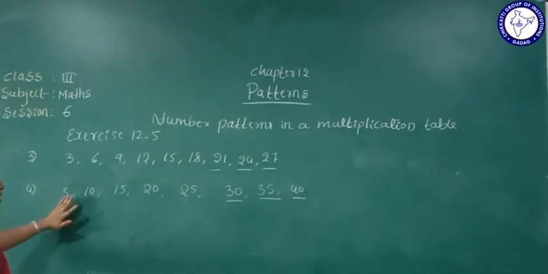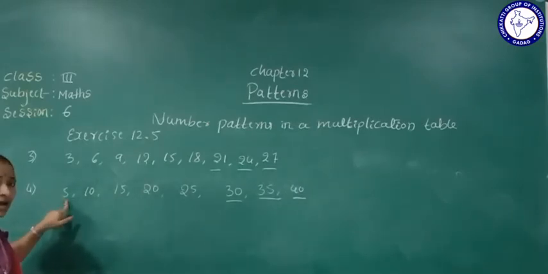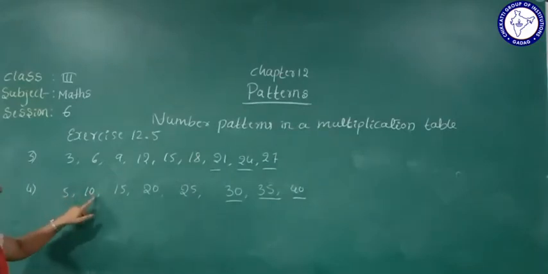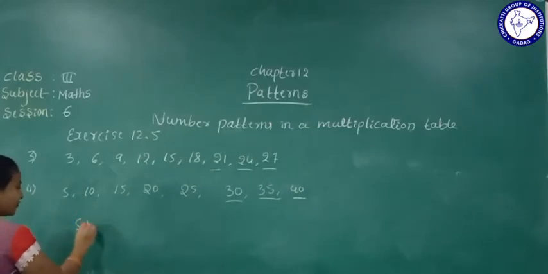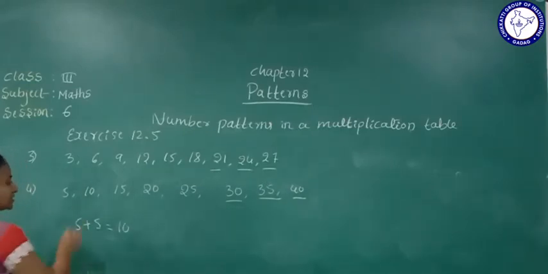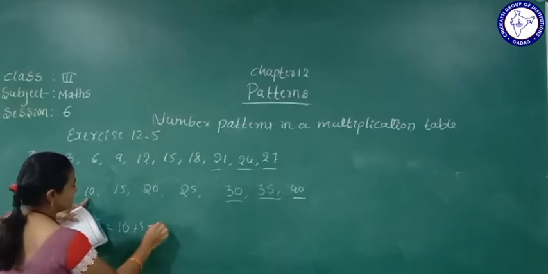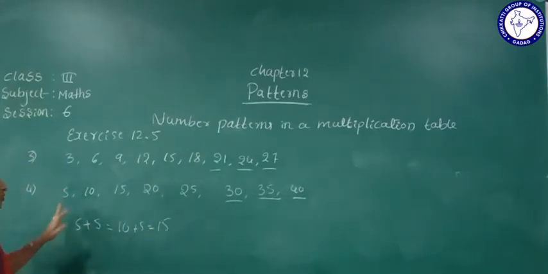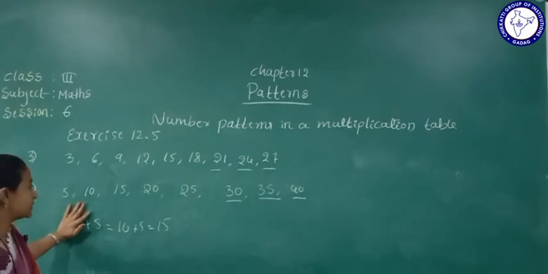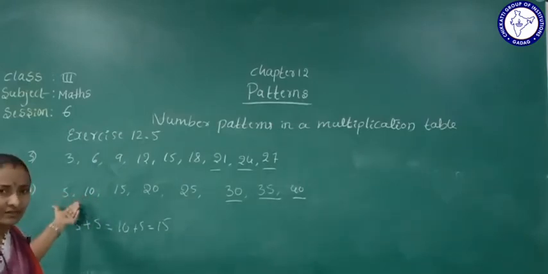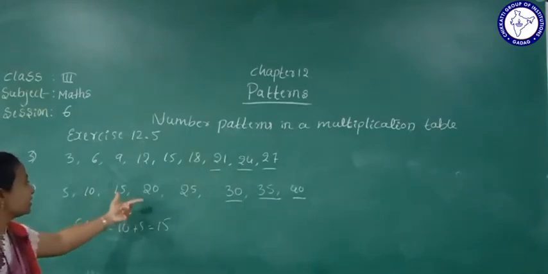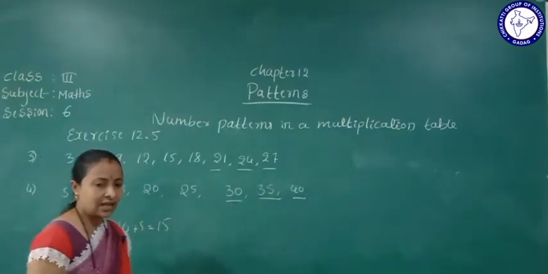We can see how much the difference is here. So in this number pattern we are adding 5 to the previous number, so we can get the next number. This previous number 5 is there. We add 5 to this previous number, we can get the next number. Again this 10 is a previous number. We add 5 to this previous number, we can get 15. Yes, so in this number pattern, we are adding 5 to the previous number. Understood? So the number is increasing by 5 in this line.